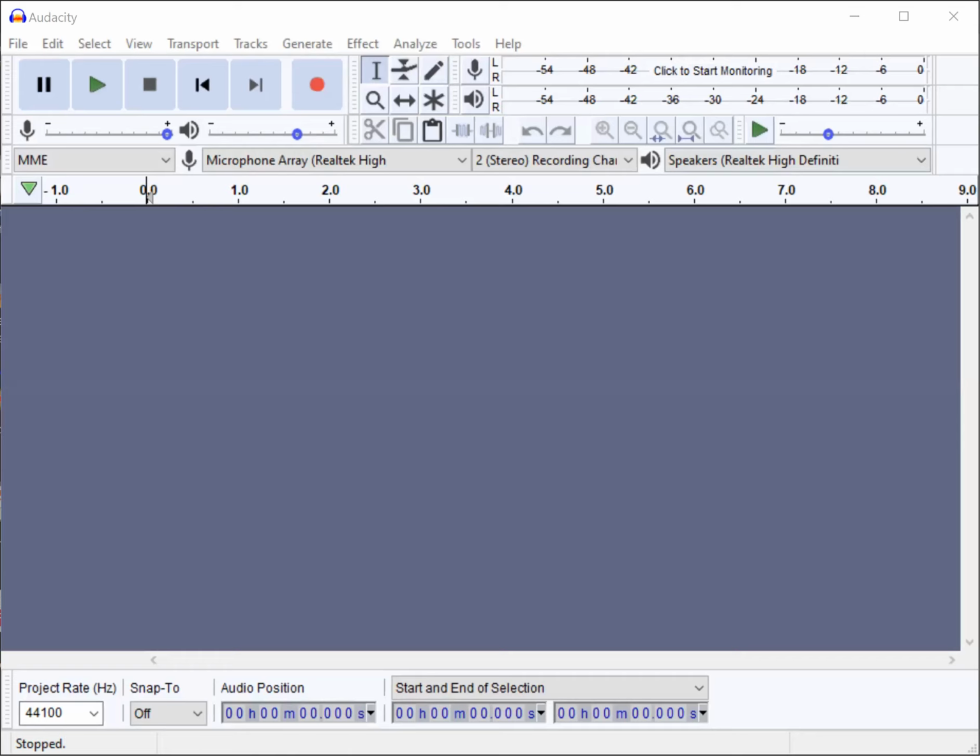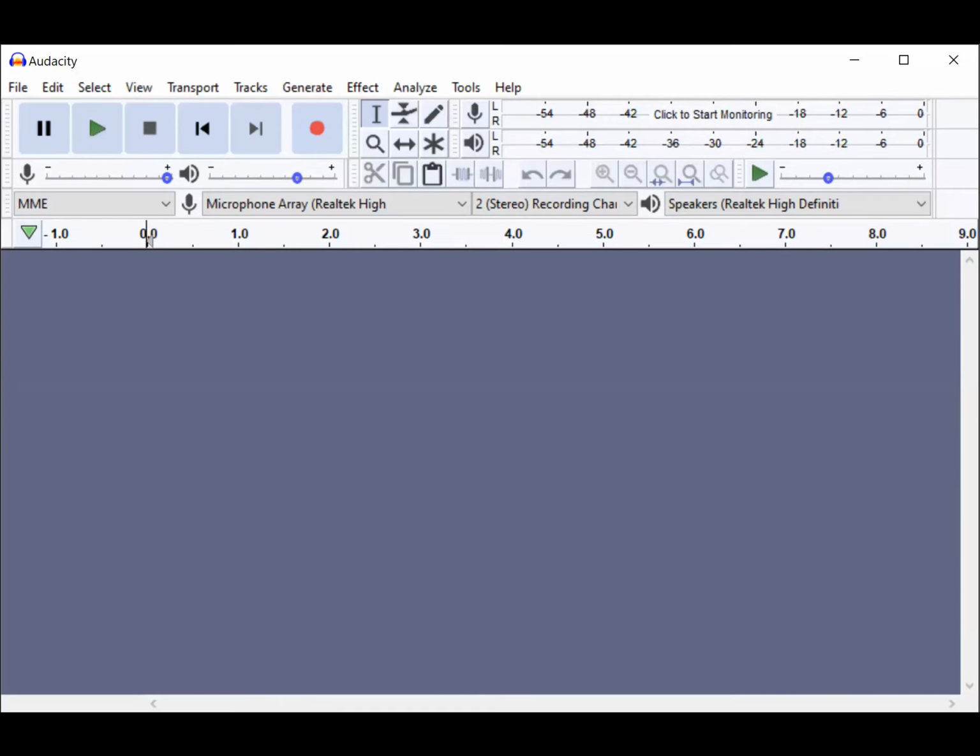So hopefully you can see the whole screen here. This is Audacity, which is the program we're going to use. I'm going to move that. But you'll see I have a little folder here. I'm going to put